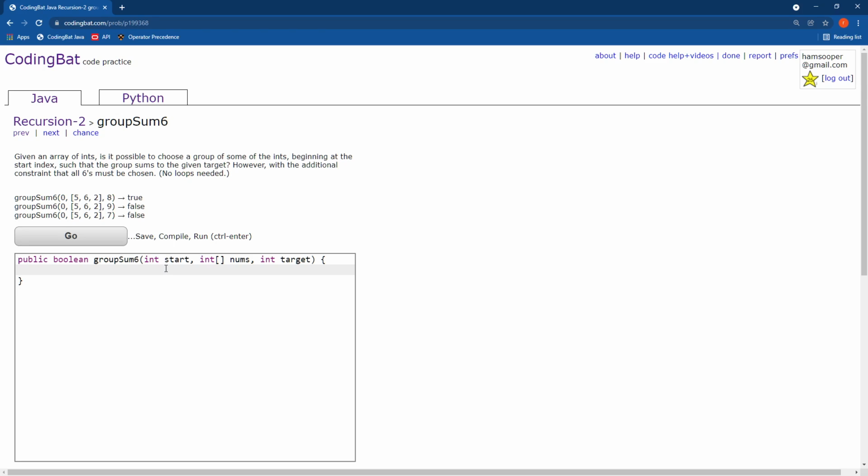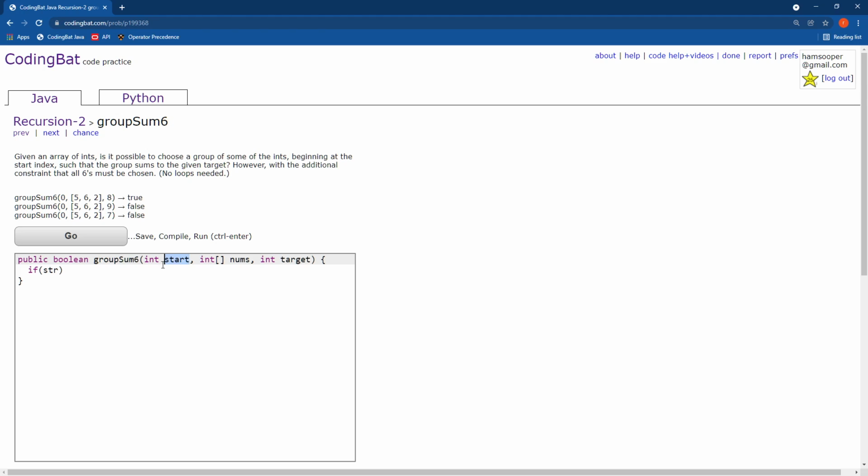Okay, so of course, similar idea to the last one. I don't want to say if the target equals 0, just return, because even if the target equals 0, I might be forced to take 6s later. So just because I've reached the target at some point, I might be forced to take other 6s later that make me go past the target. So I don't want to say if target equals 0, because just because target equals 0 doesn't mean I found it. But if I'm at the end of